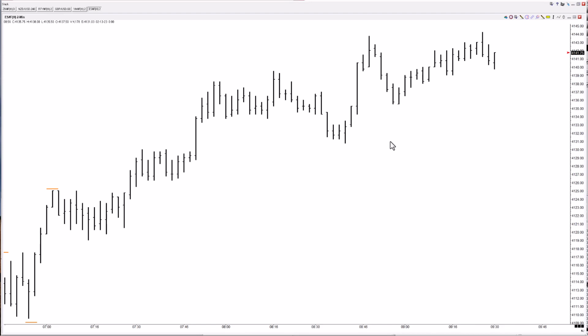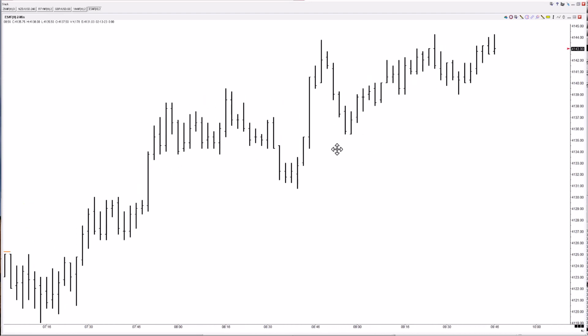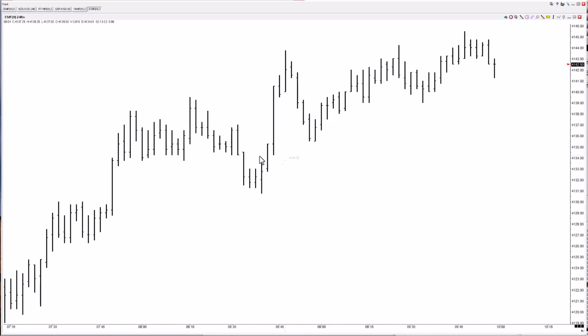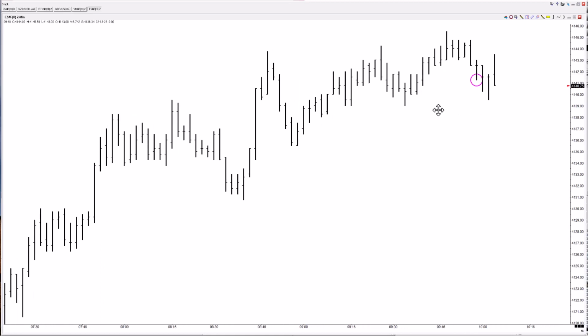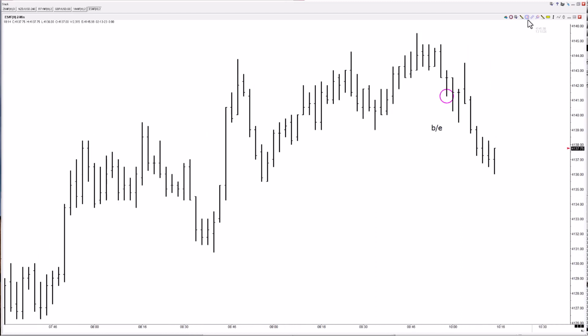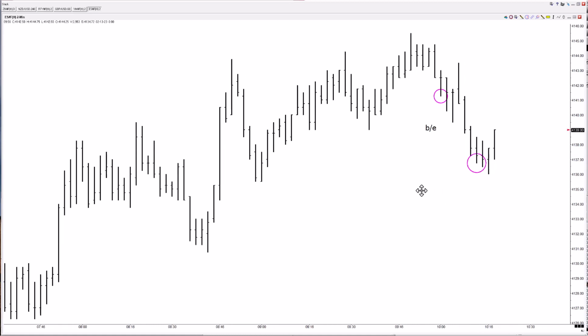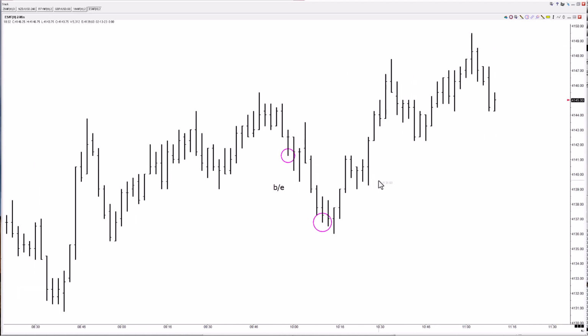Okay. Now, in this practice, if I was to take every single trade, I'm going to take a trade here. And so remember, this blog isn't about teaching setups. And this trade, I'm going to track the results. This trade's going to go to break even. And then I'm going to take a trade here. And this trade is going to go to